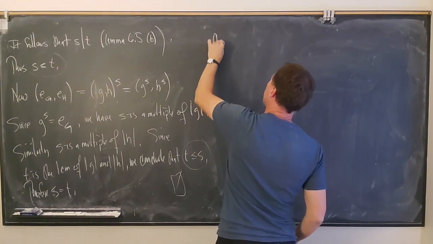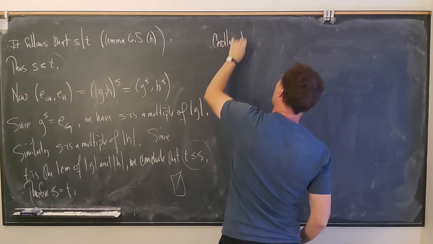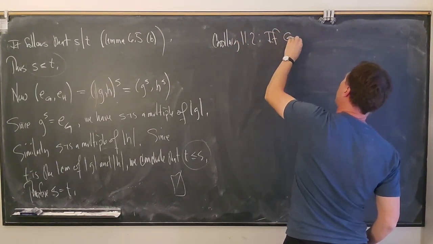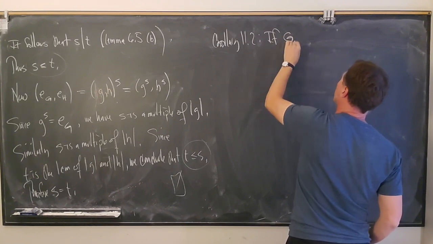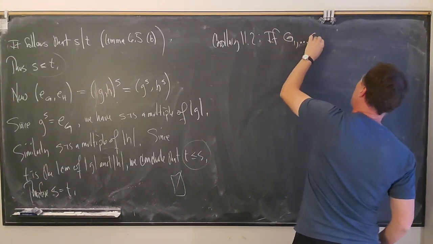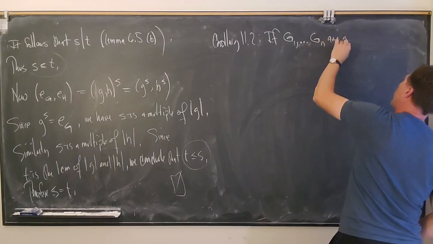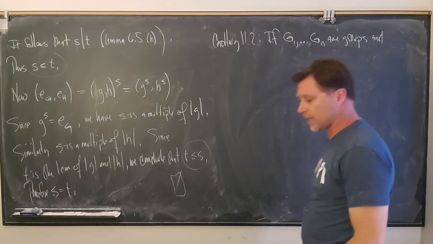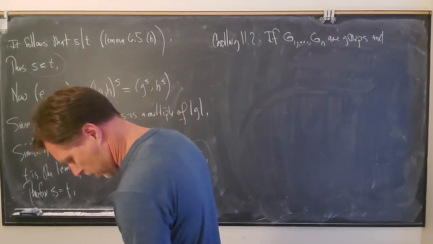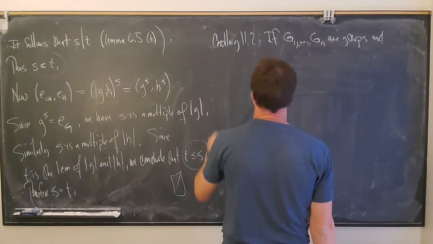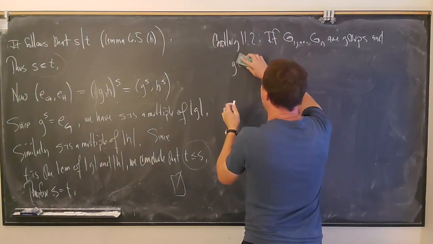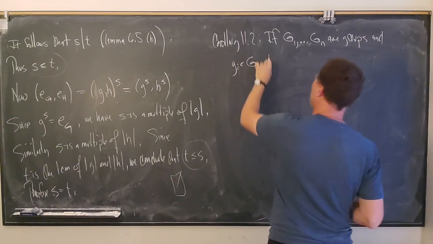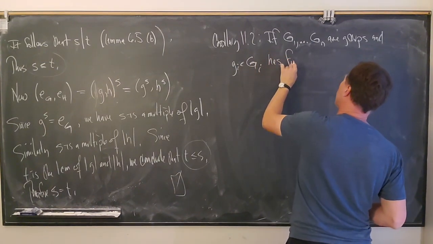So corollary 11.2: if G_1 up through G_n are groups, and we take elements g_i in G_i that have finite order,